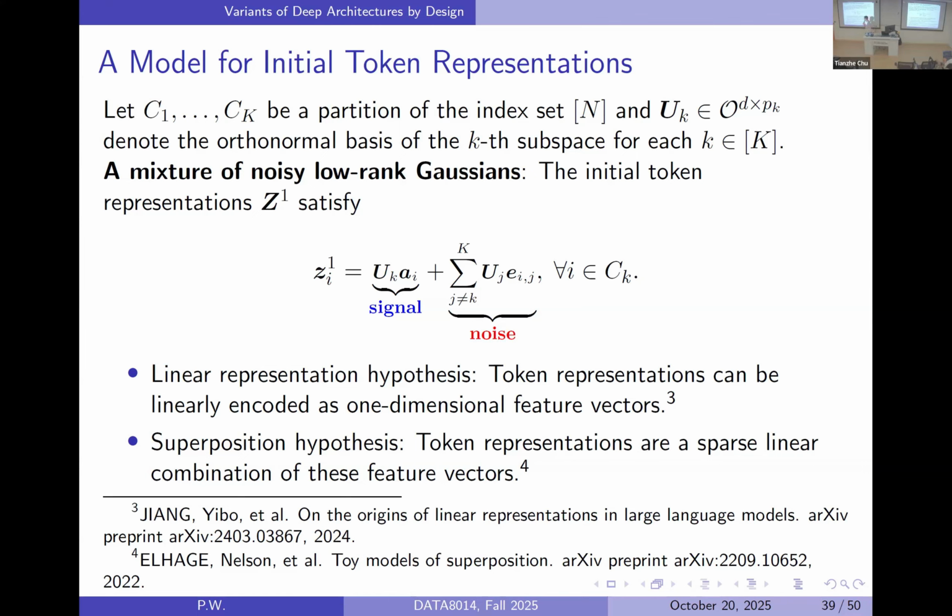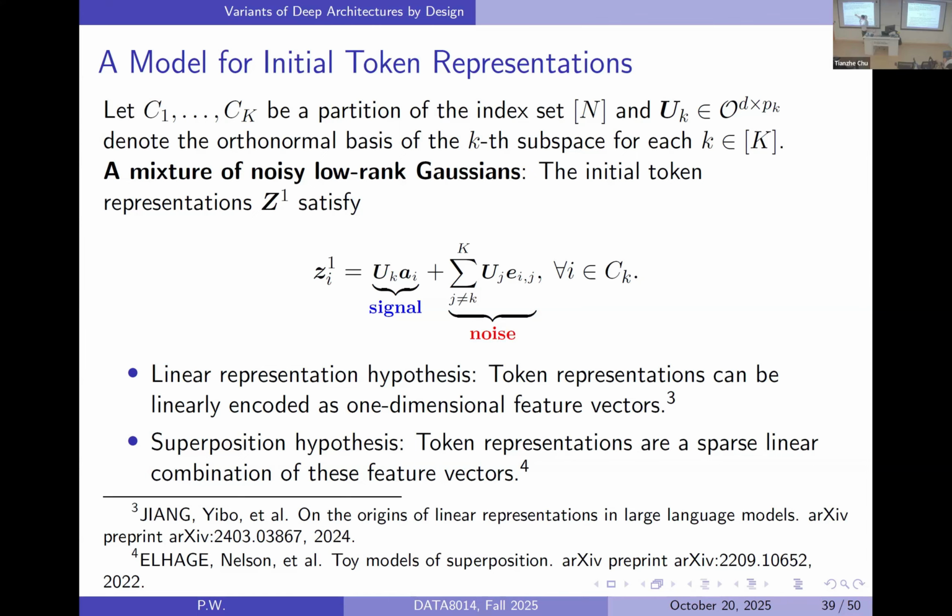Of course, this is an idealized simplification for real-world token representations. We assume the initial token representations, like the representations we learned by a transformer after the token embedding and position encoding,